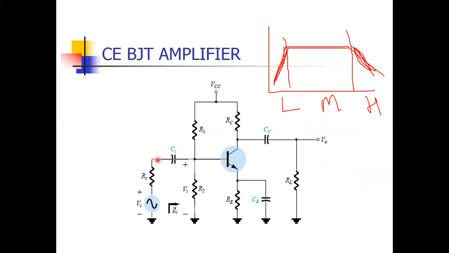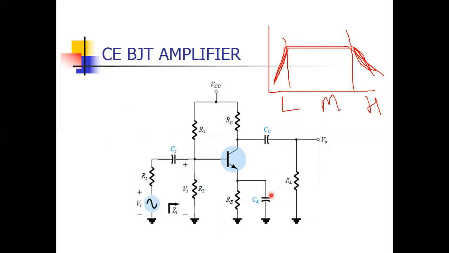So now this is your input coupling capacitance, this is your output coupling capacitance, this is your bypass capacitance. Since we have learned that gain reduces at low frequency due to these capacitances, we cannot ignore them. All these capacitances will be connected in our small signal model, and then we will calculate the frequency across the input capacitance, across the output capacitance, and across the bypass capacitance. Each capacitance contributes toward one pole.